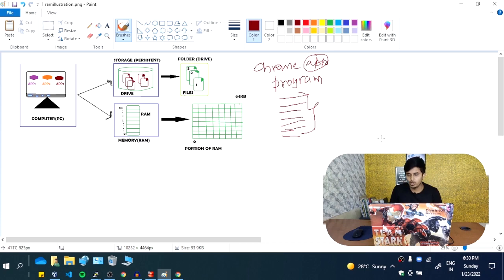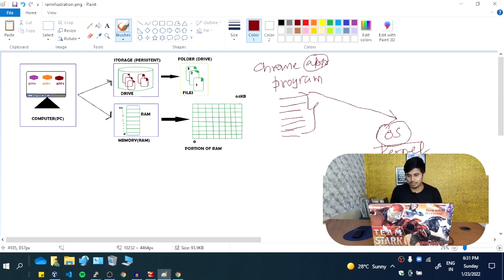Okay, so I have an operating system. The core part of this operating system is the kernel. So what happens is, whenever I want to run this Chrome application, I give a command to the OS, my operating system, telling that I want to launch this program, that is Chrome.